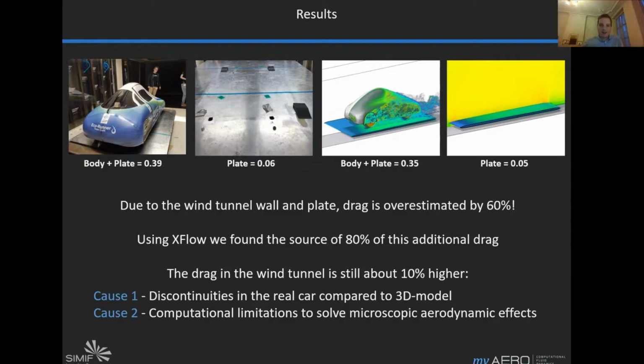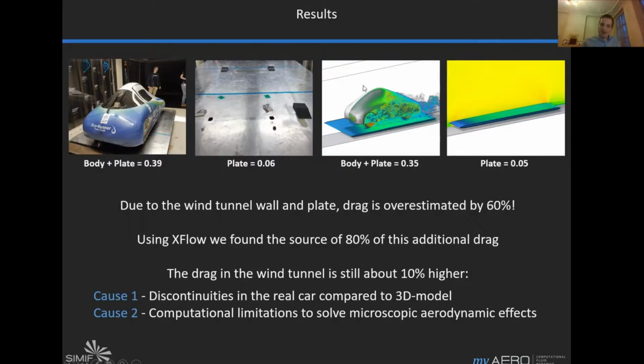Well, if we group all this together into one results picture, then what we measured in the wind tunnel for the body and plate was a drag coefficient of 0.39. When we measured just the plate, we had 0.06. So we extract from that the drag on the body supposedly is 0.33. Well, if we do the same thing in CFD, we have 0.35 for the body and plate and 0.05 for just the plate. And we could say, well, our drag on the body is 0.3,